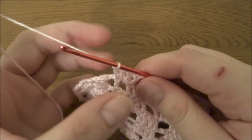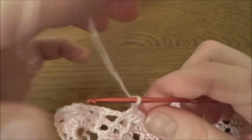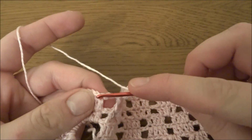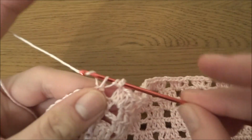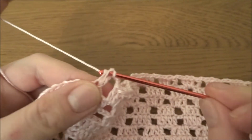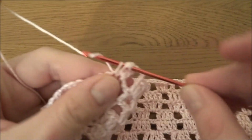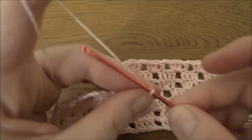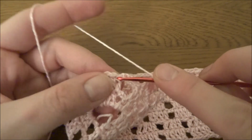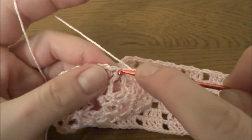After the last double crochet we need to work chain of 4, 1, 2, 3, 4, and now into the first double crochet, we will work 2 double crochets in one stitch. So we are working increase 1 and 2, then 1 double crochet into the second double crochet, chain of 4, 1 2 3 4, 2 double crochets into the first double crochet, 1 and 2,